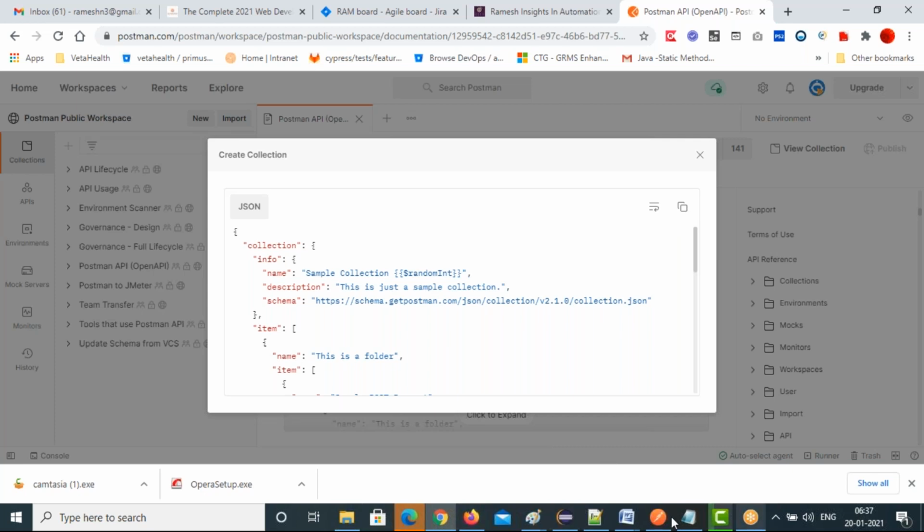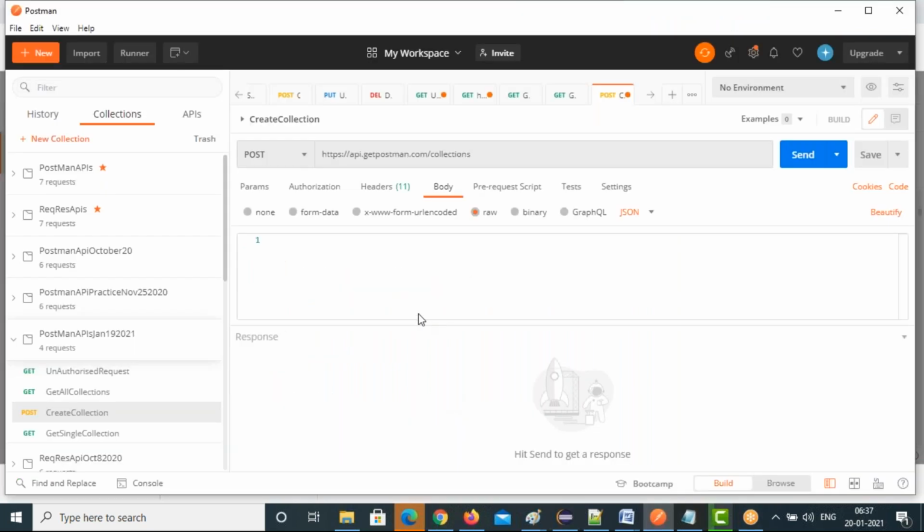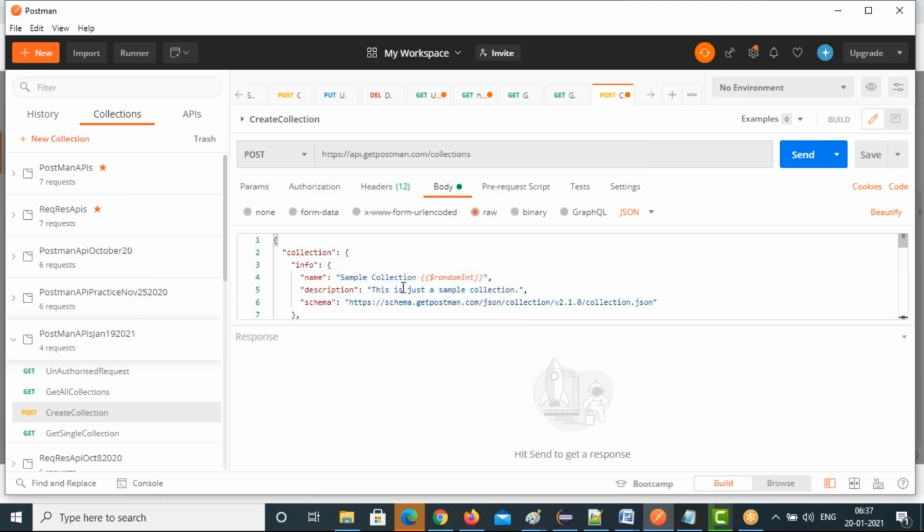And come back to Postman and the request body. Put the cursor here. Paste it. So all the request data is here. You can change it if you want. You can change your request body.